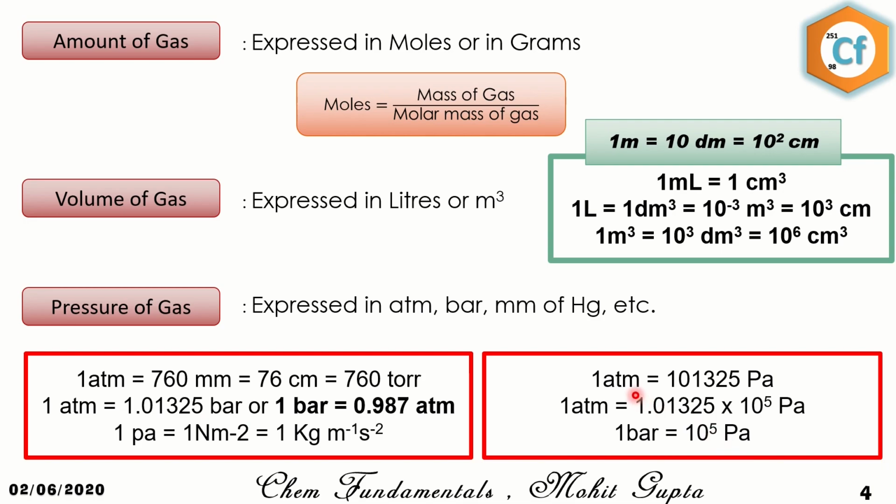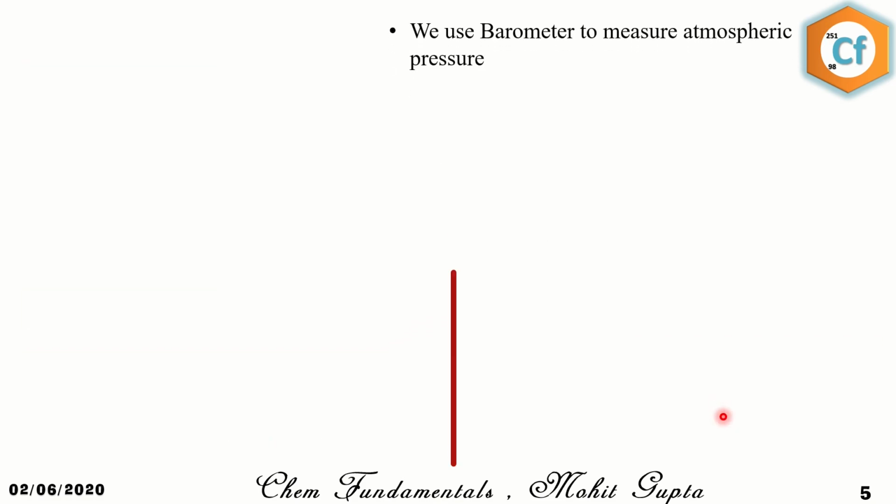So if I have to convert atm into Pascal, I have to multiply by 10 to the power 5 Pascal. In that case, I'll get 1 atm is equal to 101,325 Pascal. You can easily interchange these units if you know the relation between atm, bar, and Pascals. Okay. So now, to measure atmospheric pressure, we generally use a barometer, and to measure the pressure of any gas, we